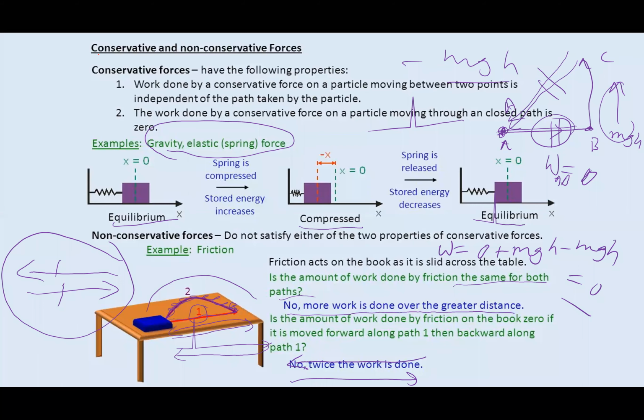Conservative forces. A conservative field can be defined as the field in which work done is independent of path followed. A non-conservative field is one in which work done depends on the path followed. In a conservative field, work done is 0 in a complete round trip. In non-conservative, the case is not so.